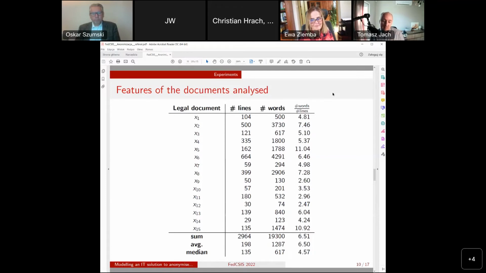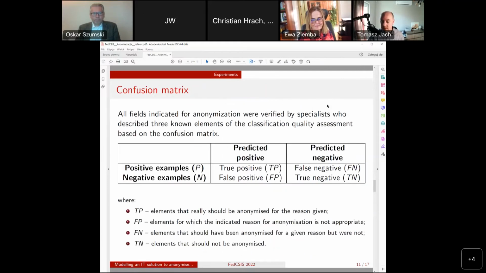There were about 3,000 lines total in all of the documents, and about 20,000-ish words, each of which could be anonymized. In order to provide consistent scoring or